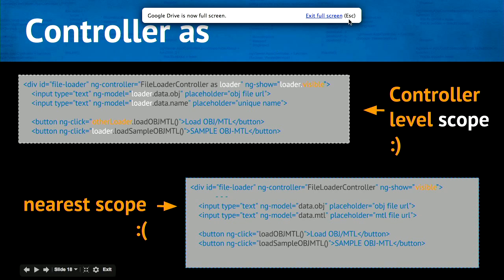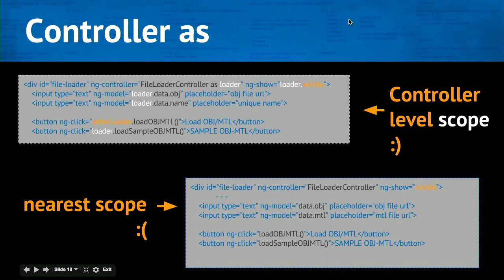So controller as, let's talk about it a little bit. Controller as is a newer feature, I think in 1.2, 1.3, and it introduces a controller level scope. So if you have multiple controllers with the same name, or maybe you have the same scoped variables or scoped functions on different controllers, this removes the possibility that your click or your function, your data, is going to percolate up to the wrong controller and then do something wrong. It's like having two show window controllers on buttons in Angular world, and then clicking on one and it ends up hiding the wrong window or has the wrong reaction. So controller as is very useful.